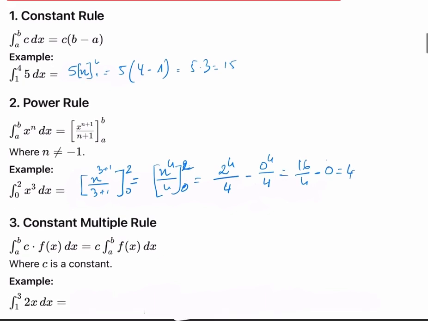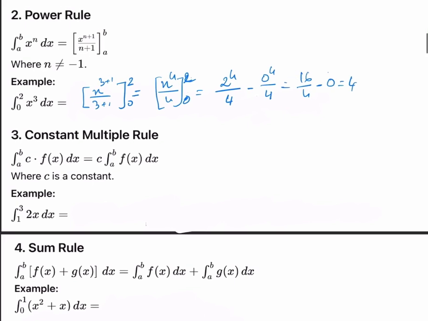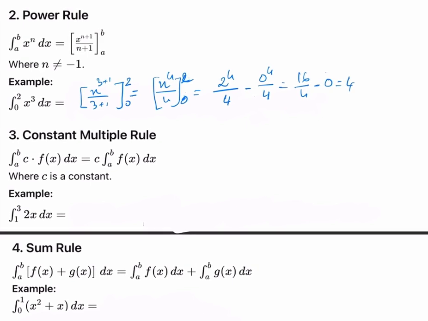Okay, the next one is the constant multiple rule. When we have a constant times a function, we take the constant outside, exactly the same as the previous one we did in the indefinite integrals. So what we have here is c times the integral from a to b of f of x. For example, the integral of 2x from 1 to 3 is equal to 2 times the integral from 1 to 3 of x